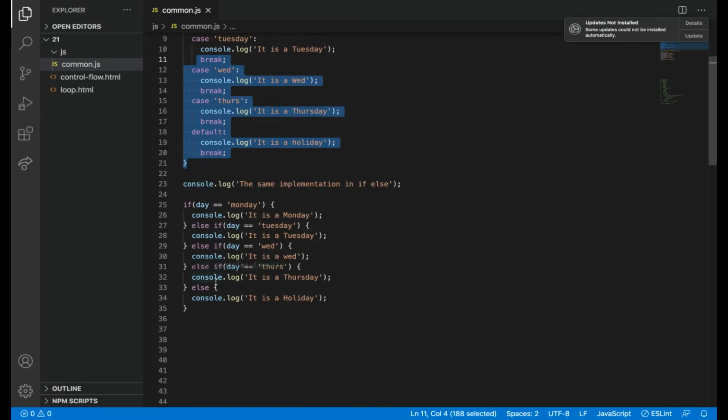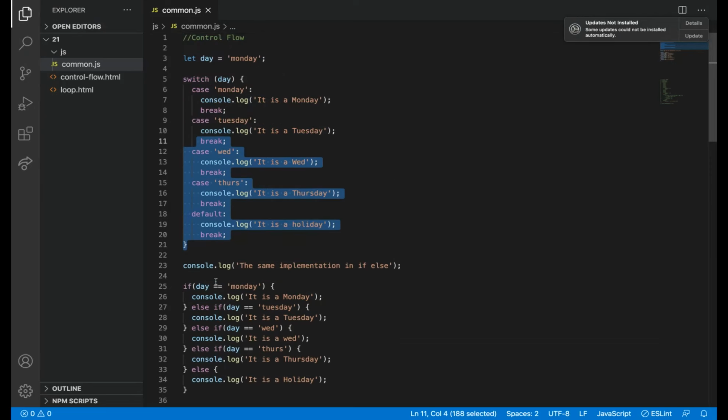So when the if else is becoming more and more complex, then we need to choose switch. The same functionality can be achieved in if else, but when it is becoming complex, we need to move to switch for easy readability.